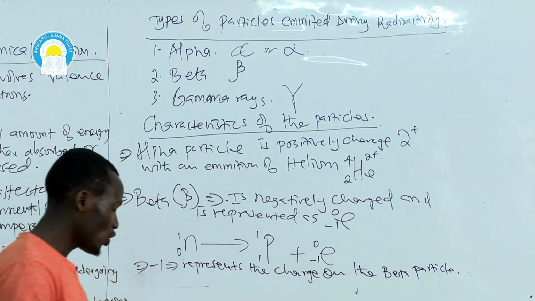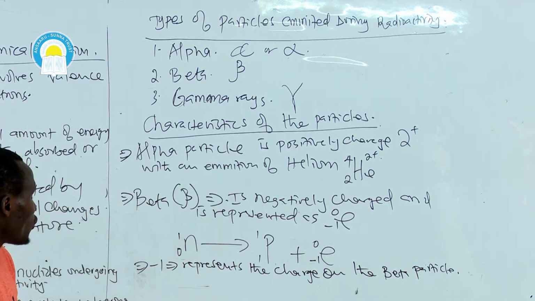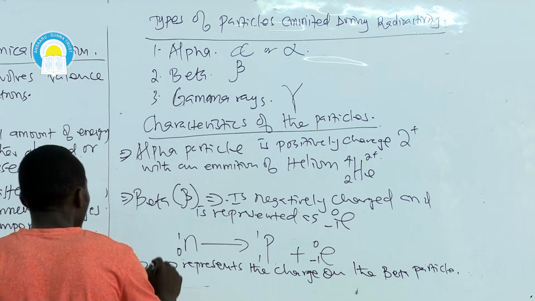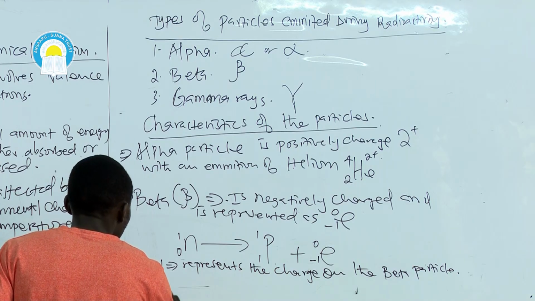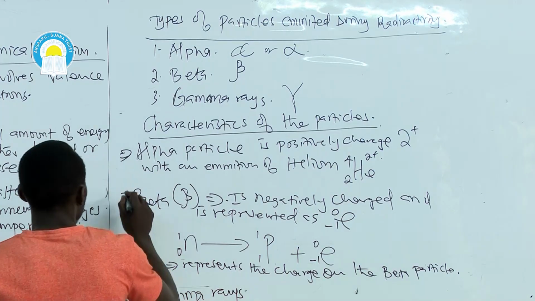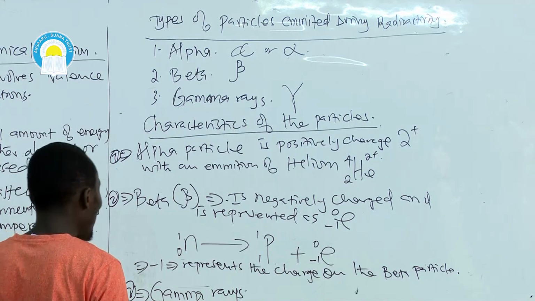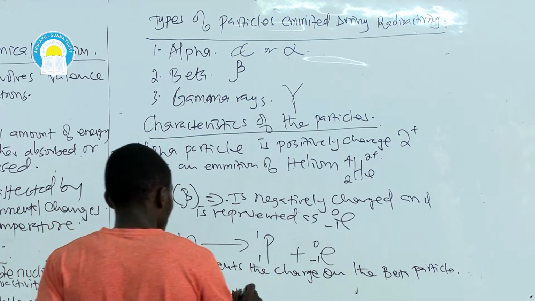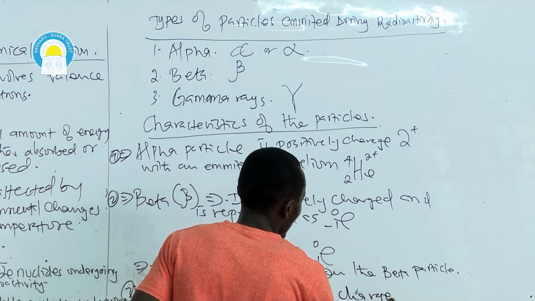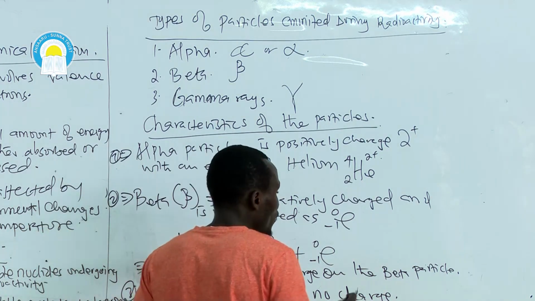It represents the charge on the beta particle. So this is what we're going to have as a beta particle. Then we have the gamma rays, not alpha. We have the gamma rays. This is 1, this is 2, and this is 3. The gamma rays have no charge. And during their emission,